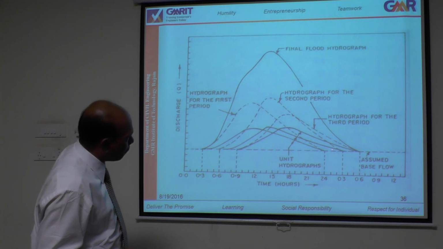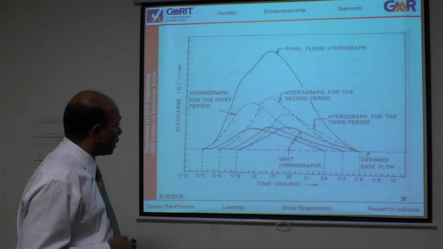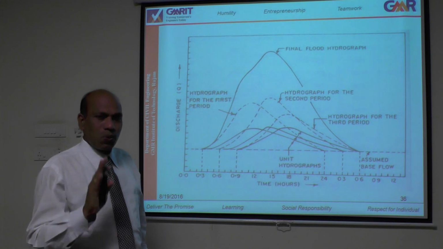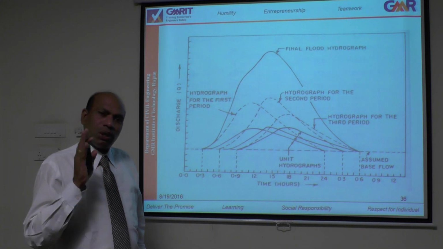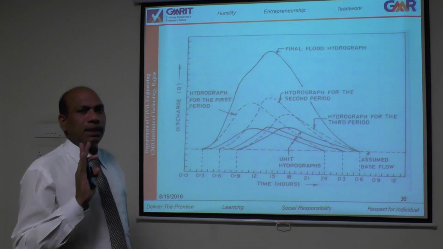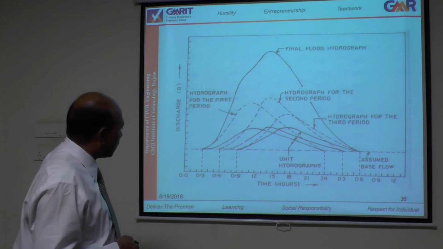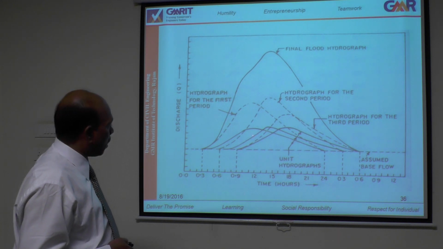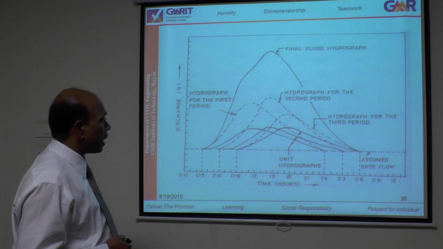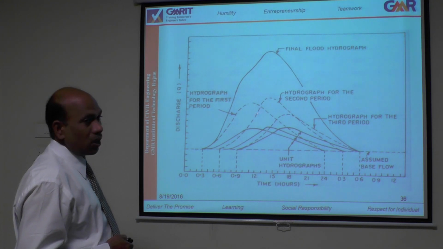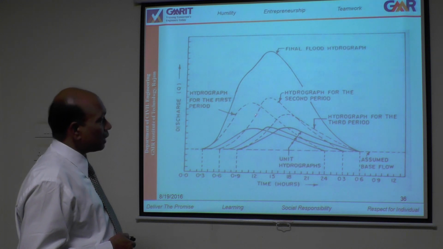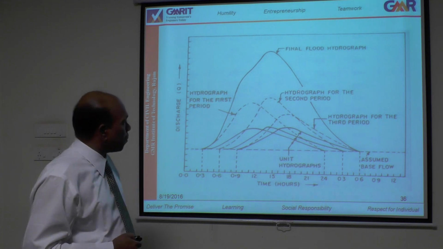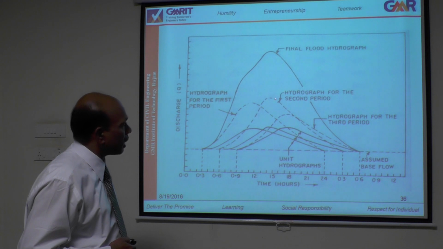This is also the 3 hours unit hydrograph, not a 6 hours unit hydrograph. This is also not a 6 hours storm hydrograph. All are the 3 hours unit hydrograph as well as the 3 hours storm hydrograph, but lagged by 3 hours. That's all. But here, this is also the 3 hours unit hydrograph. We have these ordinates, and also we have the second 3 hours rainfall depth, that is N1 centimeters for 3 hours. By using that N1 centimeters, first you calculate the direct runoff ordinates, then add the base flow, then you have